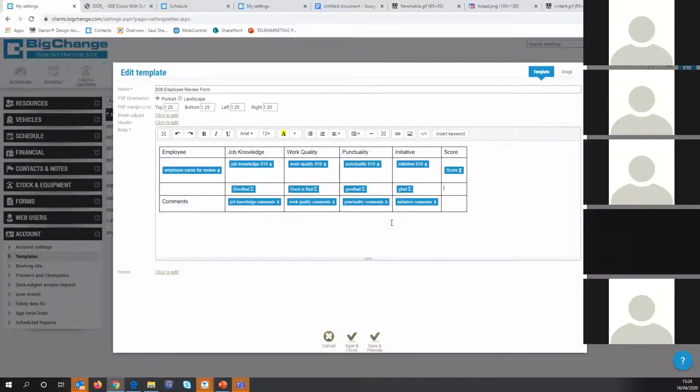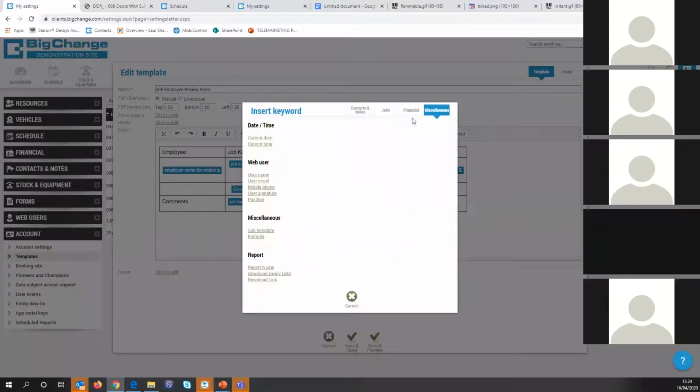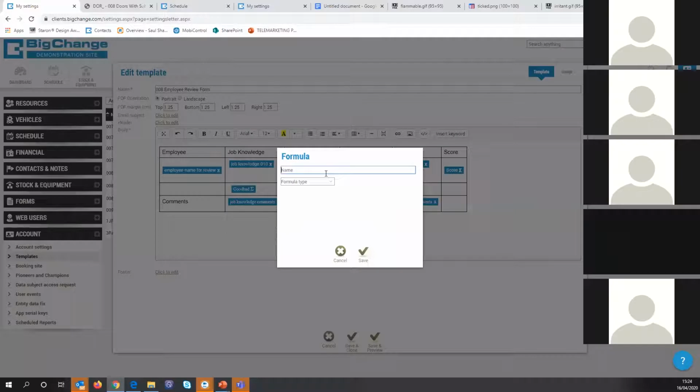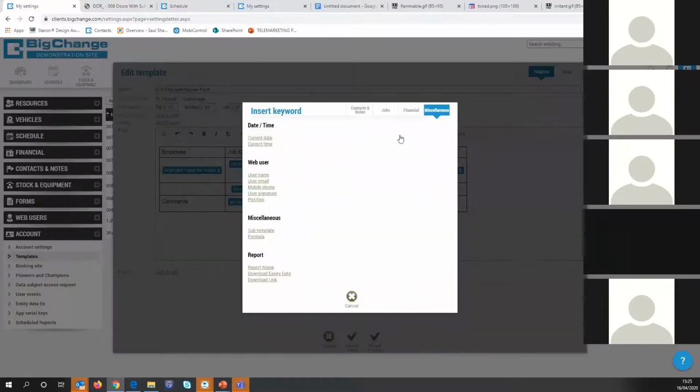So just to run through how to do that once again, we insert keyword, miscellaneous, and we choose a formula, and we're going to call it score. It won't allow you to have 2 formula names the same. So if we try and do score here, it will say you already have one that exists of that name. So we're just going to call it score 2. I'm going to choose an operation. So we're going to choose as keyword,